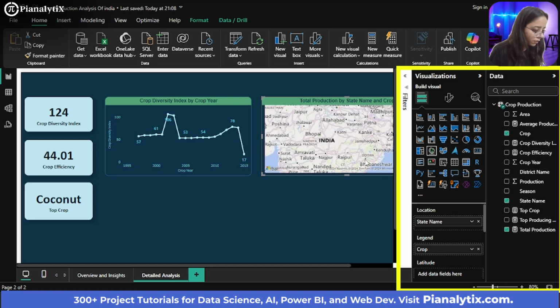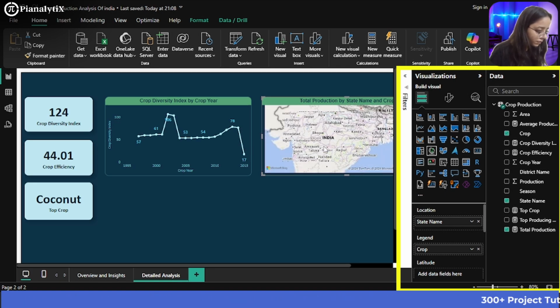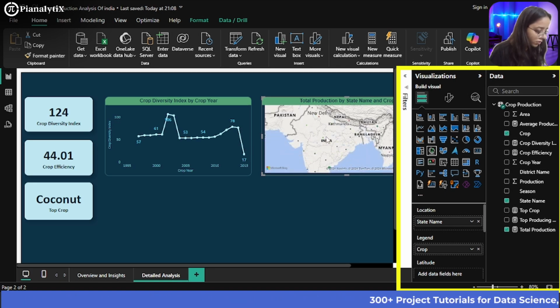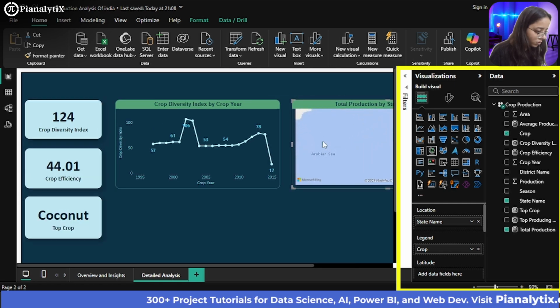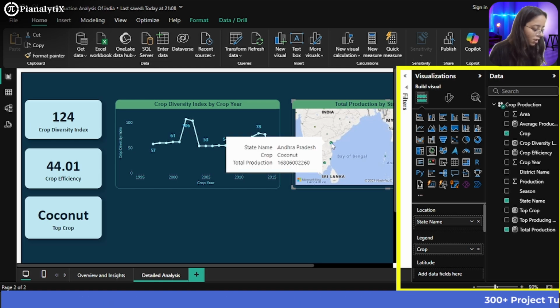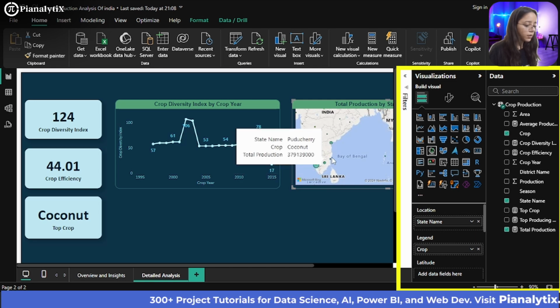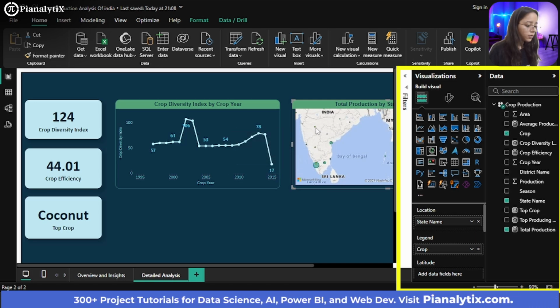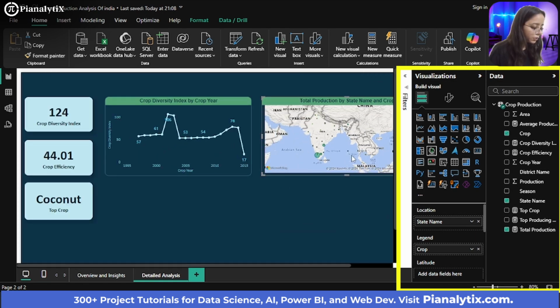If I hover onto it, you can have a look here. State name was Andhra Pradesh, coconut was the highest among the top 5 crops, and then this was the figure. And similarly for the other states. Let me zoom out.